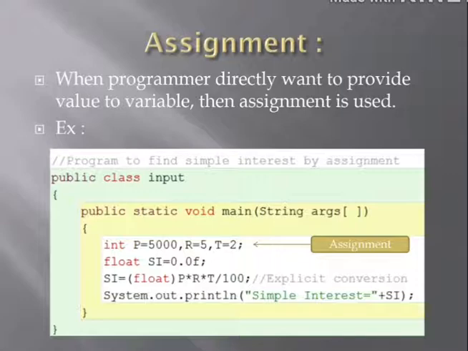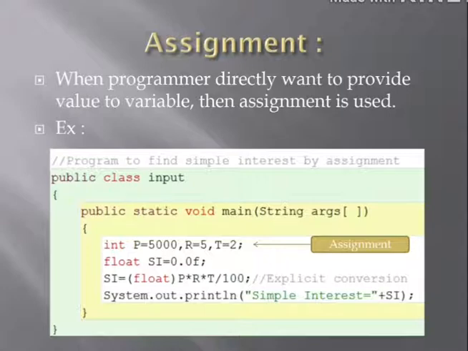Only one example with different techniques. You all know about simple interest, how we find it. That's why I took this example, so that you are familiar with it and able to understand it in an easier way.